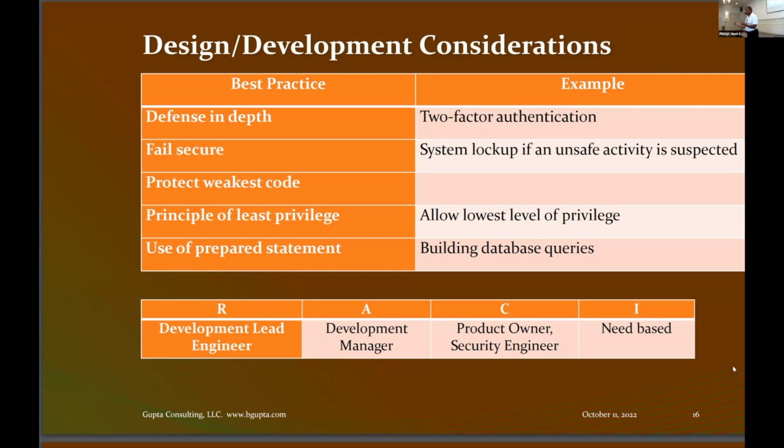You're logging into the system, you're typing the password, and then your financial institution sends you a text message. That is the defense. There are two levels of defense there, password and confirmation that you're logging on. So those are the things which would be necessary. Fail secure. If you think that there's hacking activity going on, you shut the system down. You don't let that happen any longer. So failing securely means the hacker is in, but they can't do anything with it because we are shutting the system down.